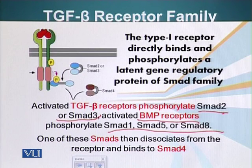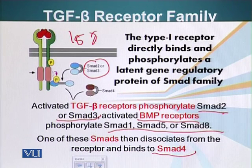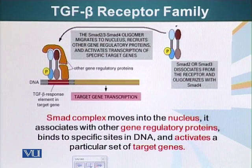One of these SMADs then dissociates from the receptor and binds to SMAD 4. So here we say SMAD 2 or 3 if this was TGF-beta. If it were a BMP receptor, it could be SMAD 1, 5, or 8. Anyways, after our SMAD binds SMAD 4, it could be 2 or 3 in the case of TGF-beta receptor, this complex then moves to the nucleus, and here it can recruit other gene regulatory proteins and activate transcription of